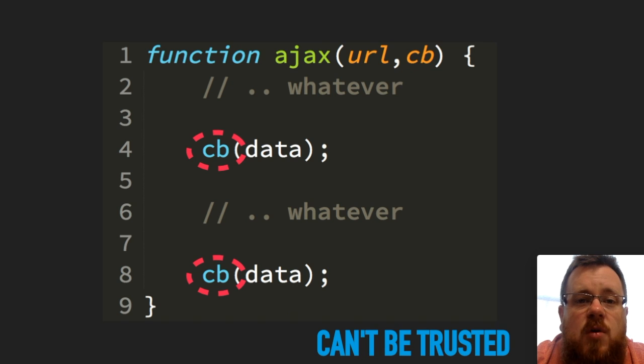Callbacks alone have no way to ensure that they aren't called too many times, that they aren't called too early or too late. If this were the implementation of AJAX, not maliciously, just accidentally, and it were to call the callback twice, the calling code would misbehave and we wouldn't be able to predict why. In fact, we couldn't really even solve that particular problem. We could sort of hack around it by setting a Boolean flag or something like that. But the truth is that we are beholden.